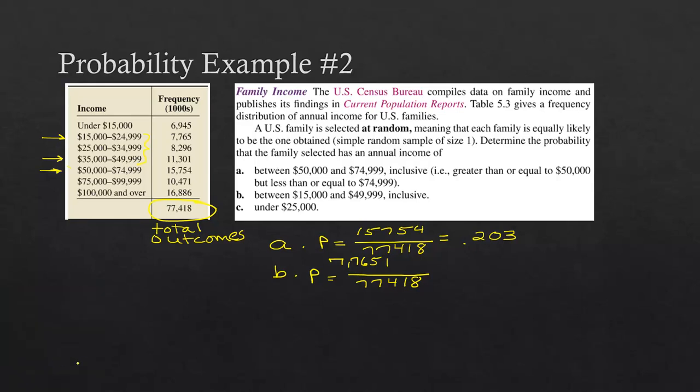So 7765 plus we have 8296. So 8296 plus 11301. Now these make up all of the things that you want, your partial over your total, okay? These are your outcomes that you want between 15 and 49. So add those together, and you should get